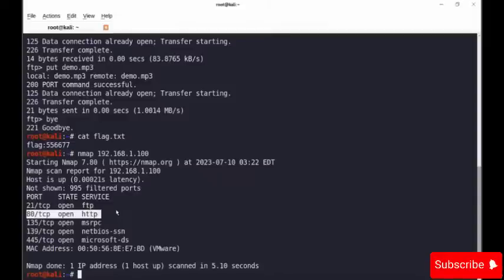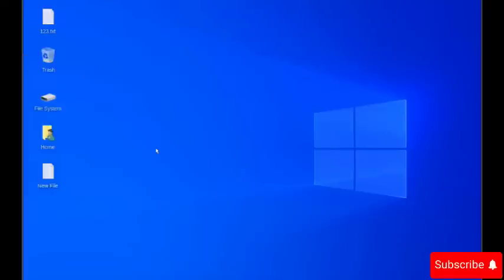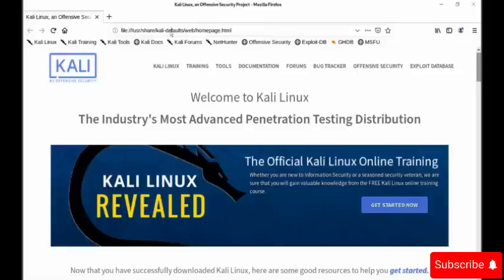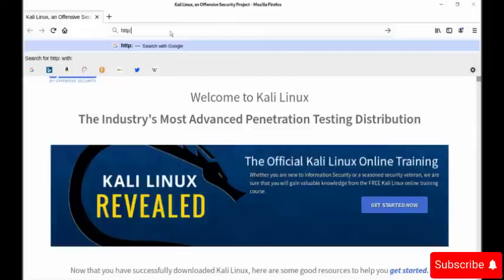Now we will test if the website is functioning for company purposes. So for this, let me close the terminal and let's open a browser. Here we have Internet Explorer. So here in the URL, we will type the IP address. So http://192.168.1.100.